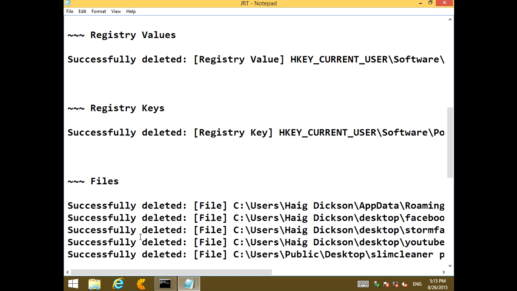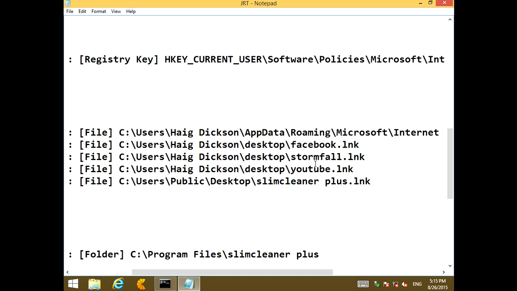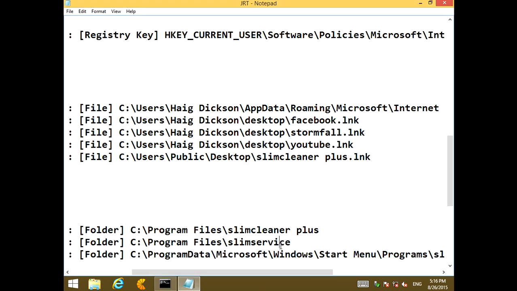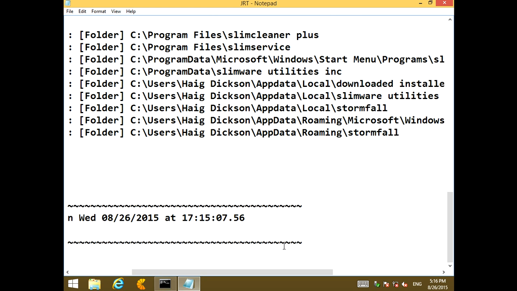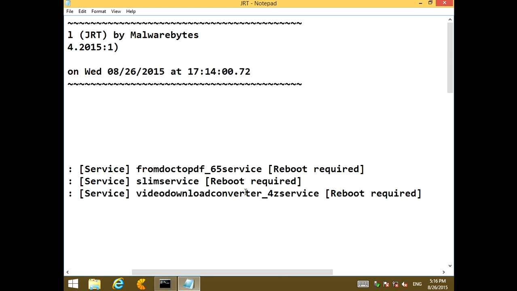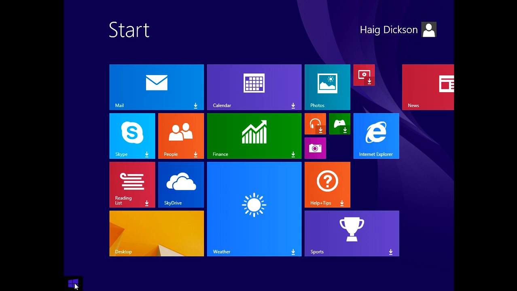And then it's deleted some files here, and you can kind of go in and see what it's found. And this actual Facebook link that was on my desktop was actually installed by a Trojan, so it's going to remove that. And you can go through and see what it found and what it's deleted, and it really doesn't matter. You can exit the log, and the next thing you can do is, it did say that some of those were going to be deleted on reboot. So what you do is you can restart the computer